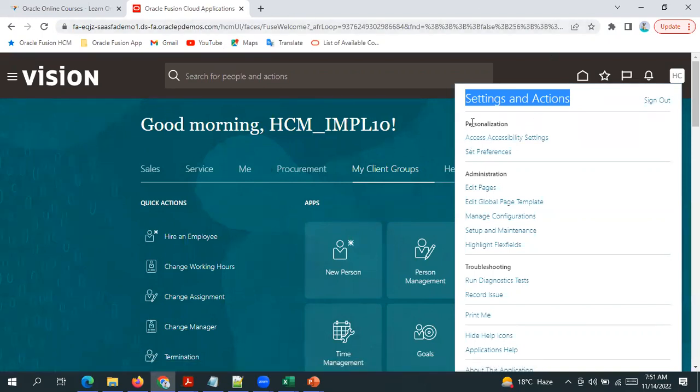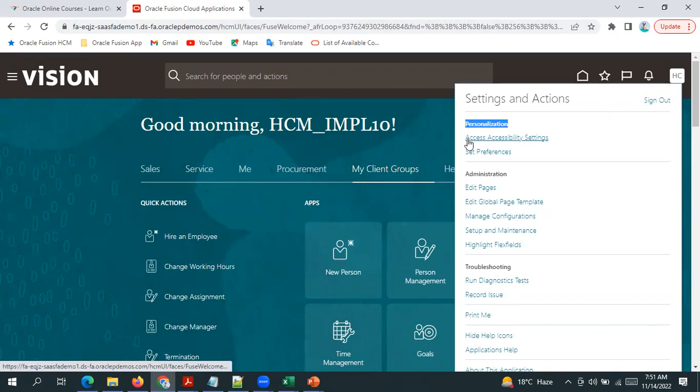And then we have something called personalization in the system. What is this personalization? Here we have something like accessibility settings. We have something called set preferences. What is this? This is a very basic cosmetic level feature. If I go to accessibility settings,